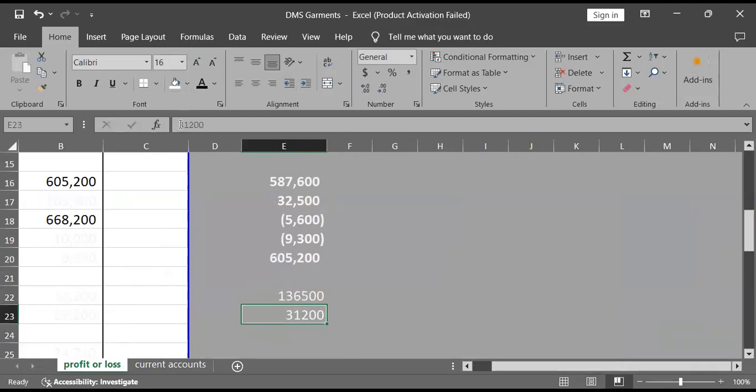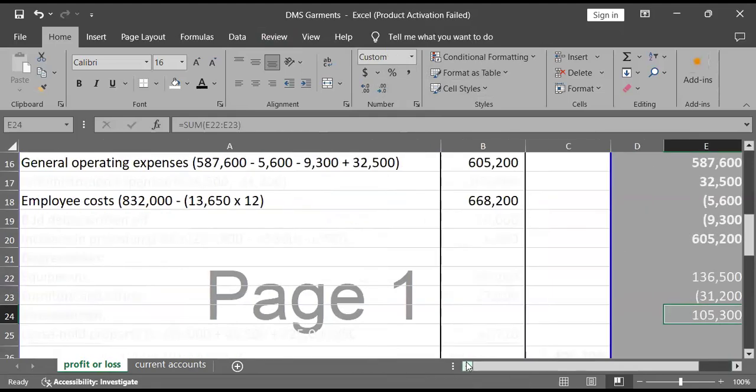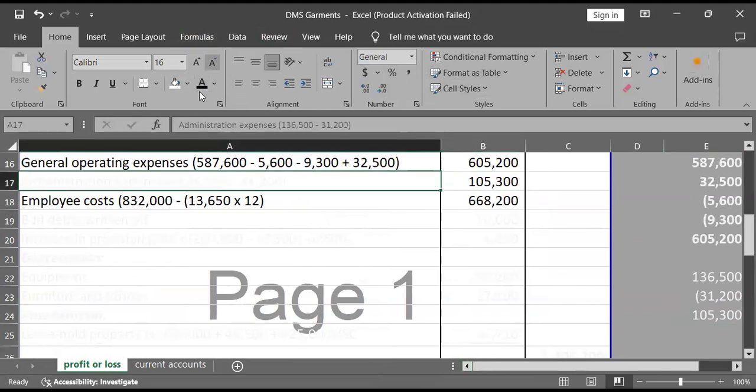So we know that when we pay in advance, it means that that money relates to the next accounting period. So when I subtract, I have my net admin expenses being 105,000. So I'm going to get my 105,000, take it to my report and show my admin expenses. So, okay, when we move on,